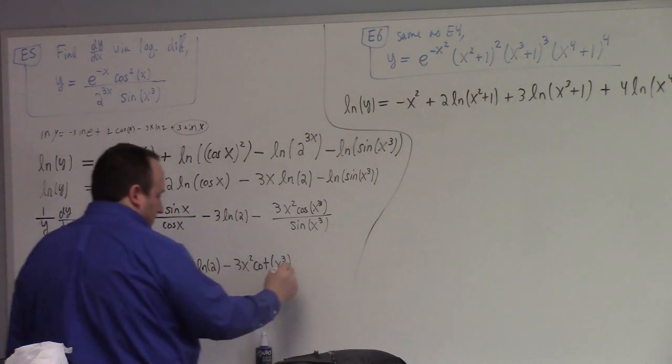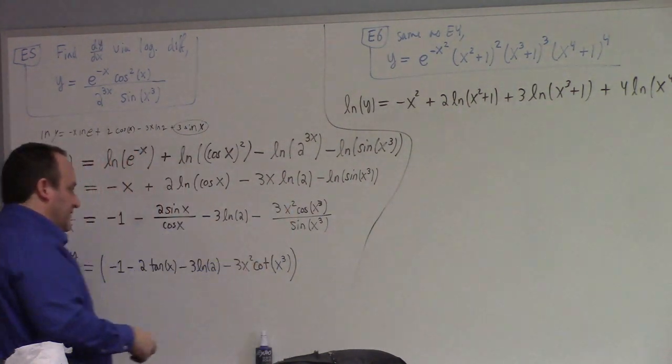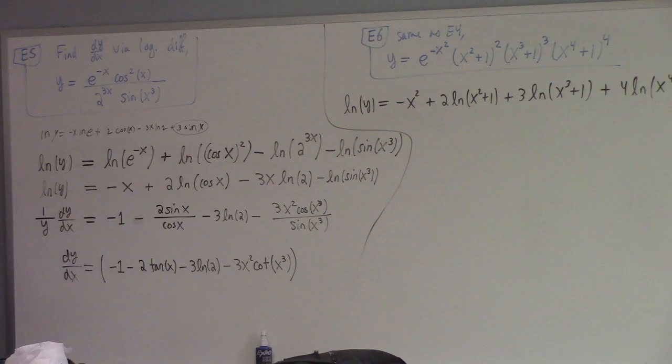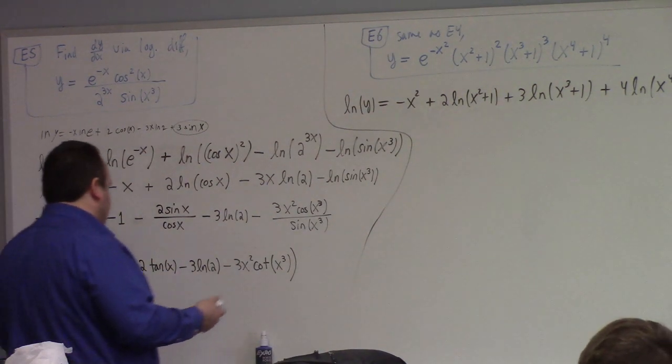You're like, well, if I just write that as cosine over sine and sine over cosine, are you going to take points off? No, I would not. I am merely trying to teach you guys what tangent and cotangent is in this example, all right? The more times I talk about that, the more likelihood there is that more of you will know it, right? So that's what I'm doing.